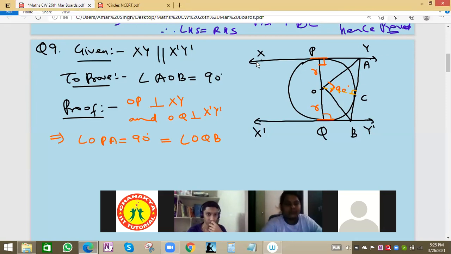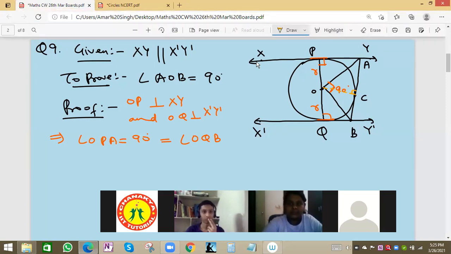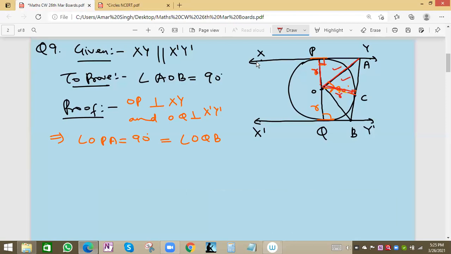So no problem. We can prove these two are congruent. Which triangles do we have to prove congruent? This triangle and this triangle. Because if we do construction and join this AC, then this will be 90 degree. This is 90 degree, this is the common side, and this is R, correct Apurva, and this will be R. So basically RHS congruency. So we can say triangle OPA is congruent to triangle OCA by RHS congruency criteria.